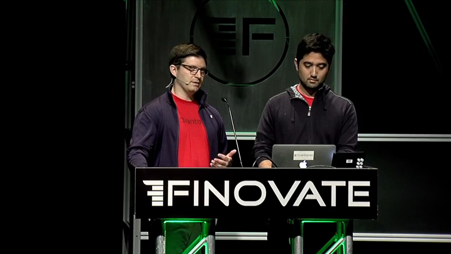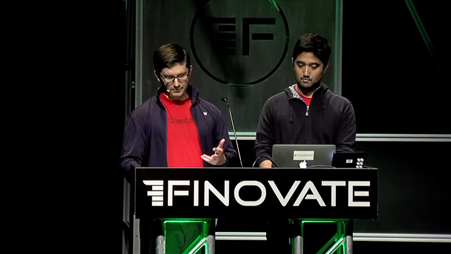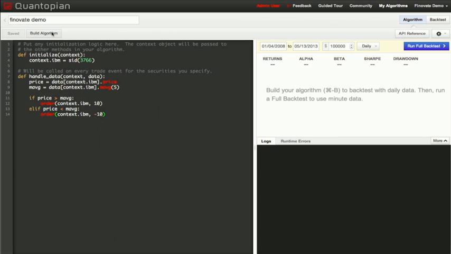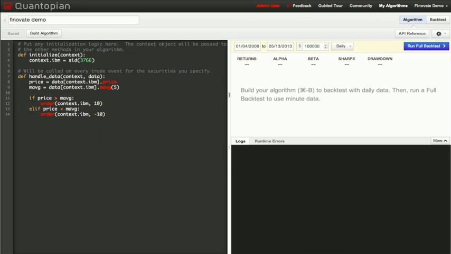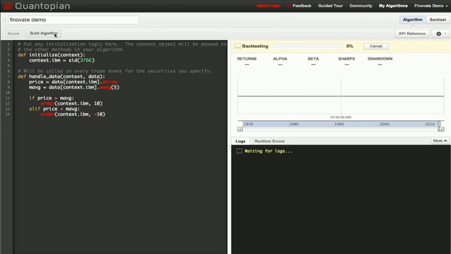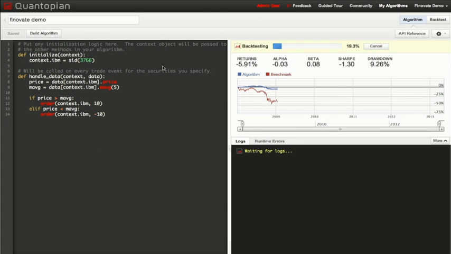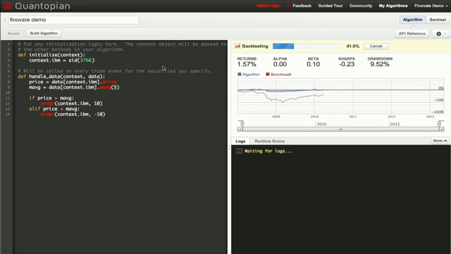Now, before we start trading any real money, we should test this. After all, that's the beauty of investing with algorithms. One way to test your idea is to stream historical data through the algorithm and see how it may have done. To do that, you need two things. You need a backtester, and you need clean data. Quantopian provides both. Take a look at the top right-hand corner of the screen. Right here in the code editor, we give you your backtest results. You don't even need to change your view in order to run over 10 years of historical data through your algorithm and check its performance.